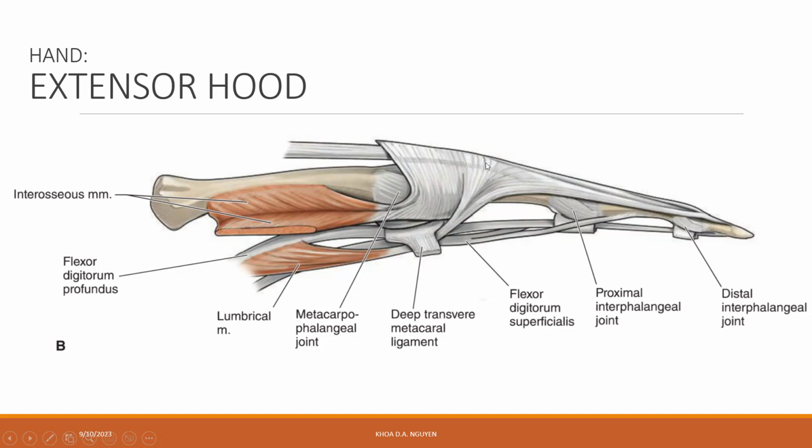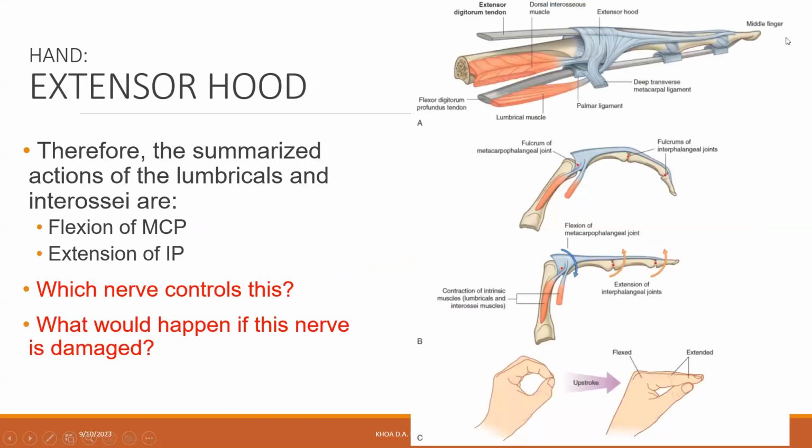Now, there is also a central band in the middle, but the central band extends a little bit shorter, a little bit less distally than the lateral bands. The central band actually just extends over here to the base of the middle phalanx, and that's it. All right, and so when you look at it, you can see that the two lateral bands are right here. The central band is right here, and the central band extends just a little bit less distally than the